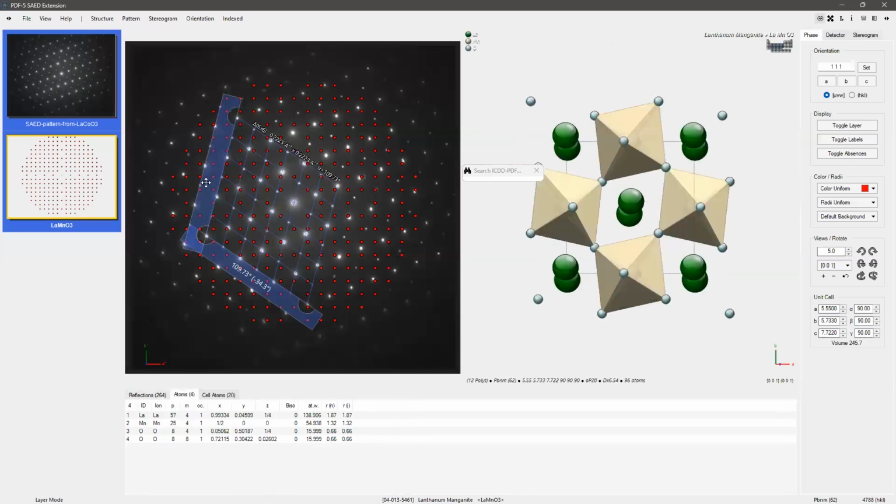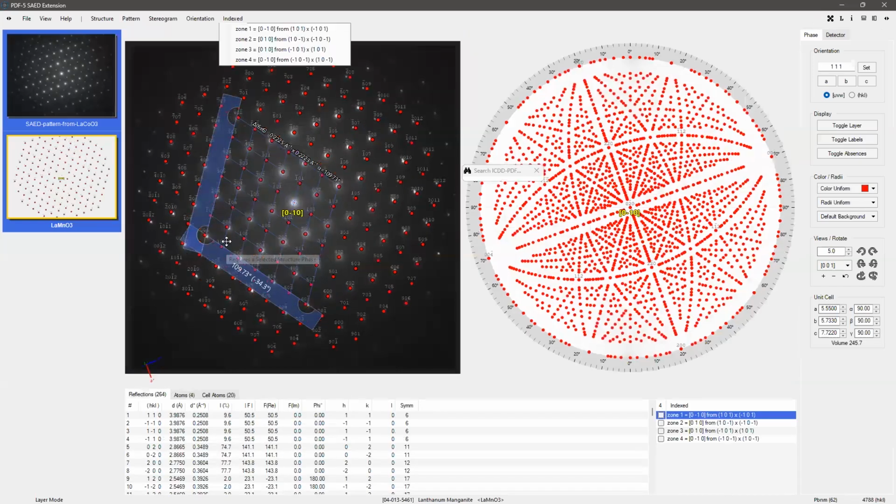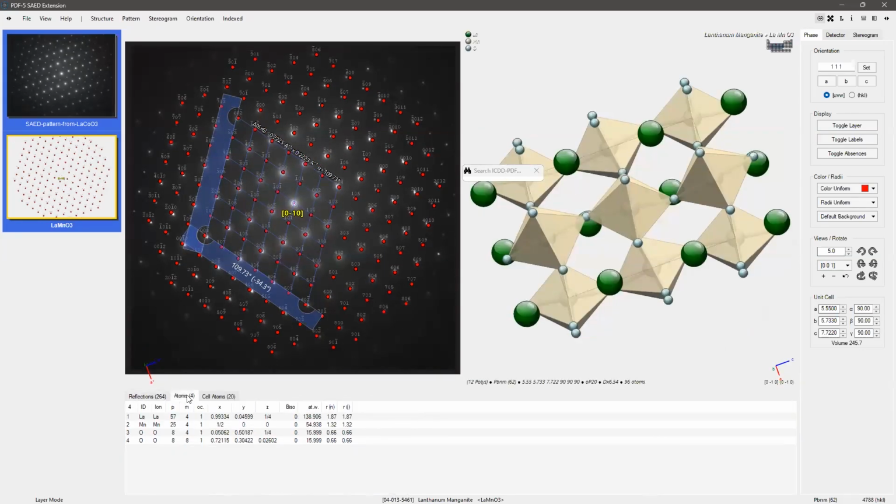And now I can use the grid while it's still open and say index grid. So now it has used this structure file that we have just found and has used it for indexing the image, right? So we can see the orthorhombic structure, lanthanum manganese oxide, fits indexes into all spots in the image,